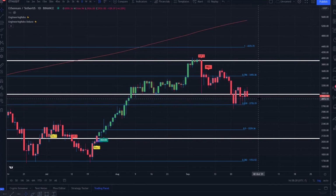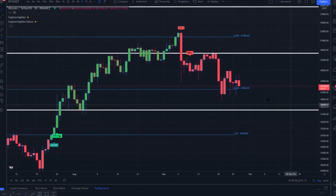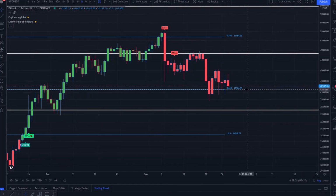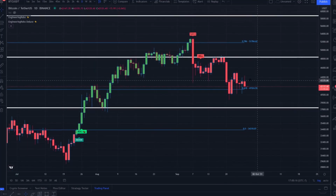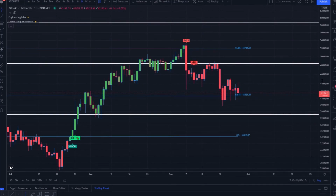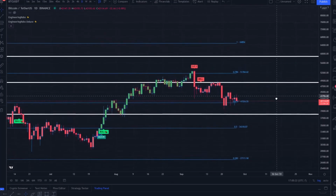Now, we're going to take a look at Bitcoin against USDT. What do we have here? Continued bullish interaction with the 0.618 Fibonacci Illuminati level as we see a daily candle close and open in front of our very eyes here. Further interaction with $41,500 per Bitcoin seems to be perhaps necessary to establish the uptrend here. I believe the uptrend will very much continue when it is ready. In the immediate short term, further interaction sideways and with support may be necessary before we can build the momentum